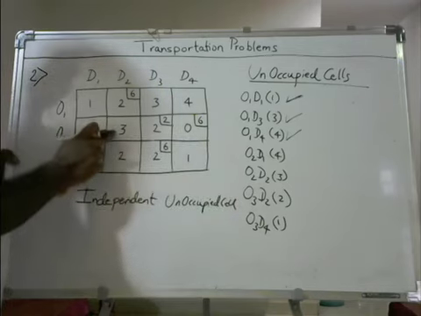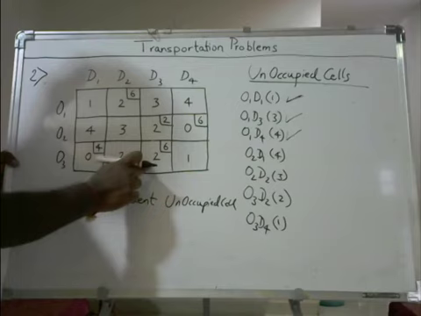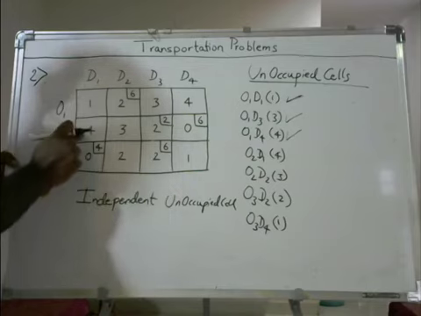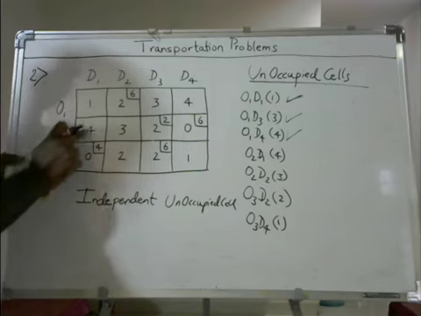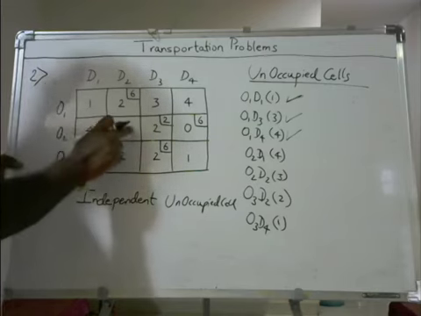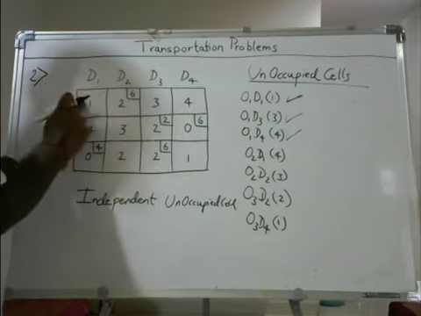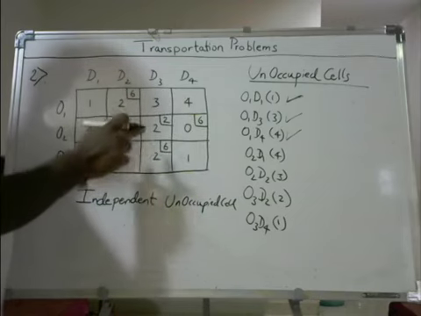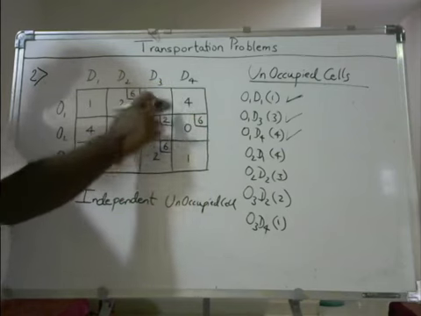That is this one. We can go like this, take a turn. We can take a turn like this, but we cannot go back because here there is no occupied cell. So this way it is not possible. Let's try this way. We can take a turn like this, go here, we are stuck. If we go here, we are stuck. So if we go like this, here we take a turn, but we are stuck in both the ways.